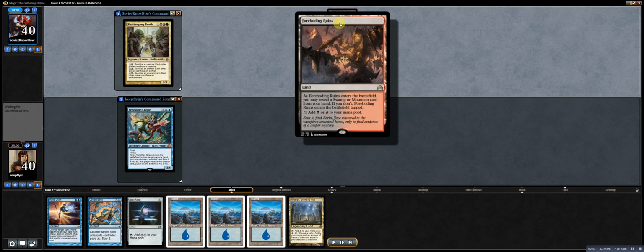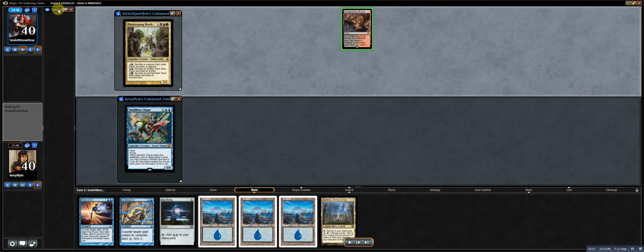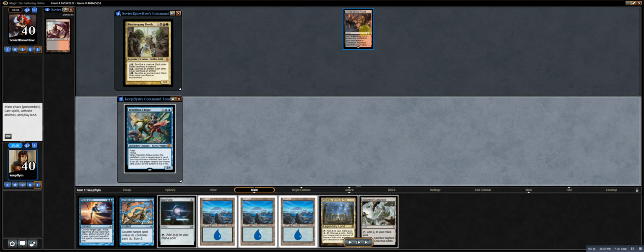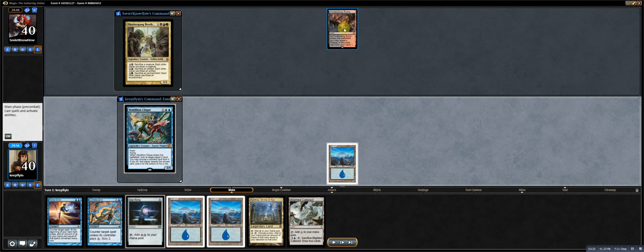Alright, Foreboding Ruins, flashing, Badlands. I wasn't sure if this was just gut instinct to make sure your land is untapped, or if he wanted to telegraph not to Wasteland him because it's pointless to Wasteland when he has the Badlands. I wasn't sure about it, but I wasn't going to worry about Foreboding Ruins. He could have played it tapped for all I care. There's nothing really I do on turn 1 that black-red will interact with, so